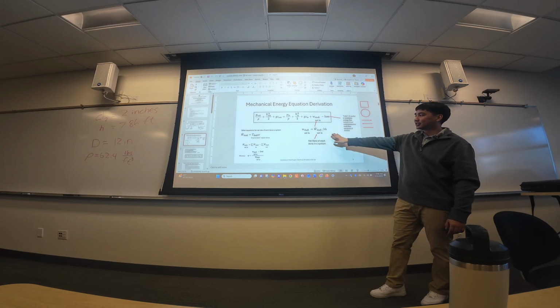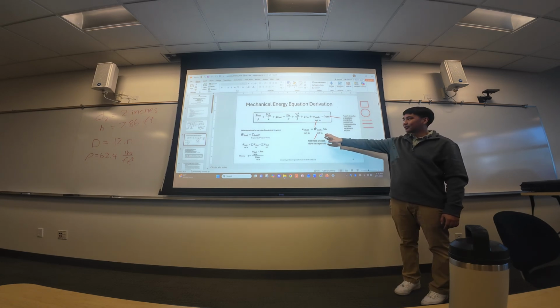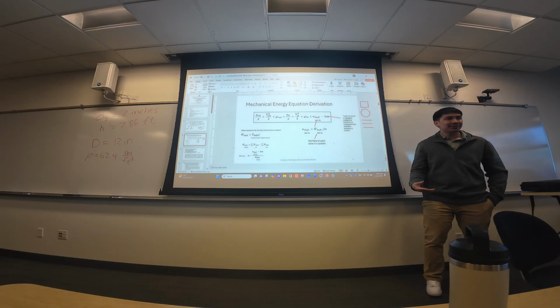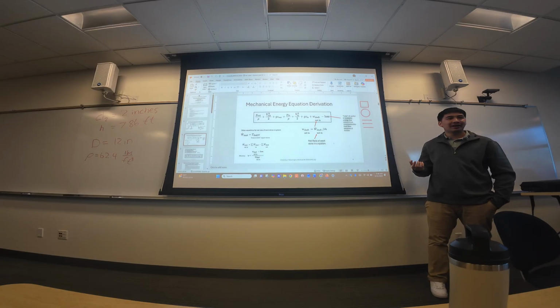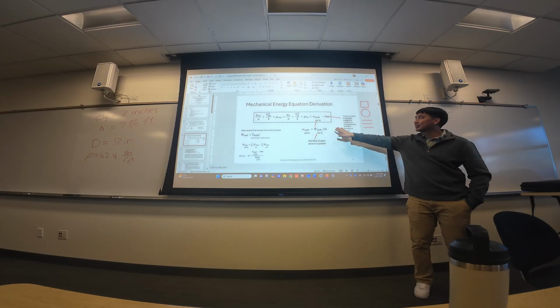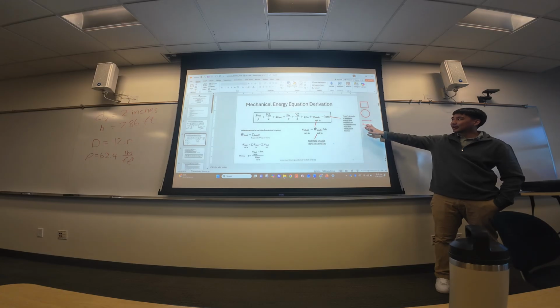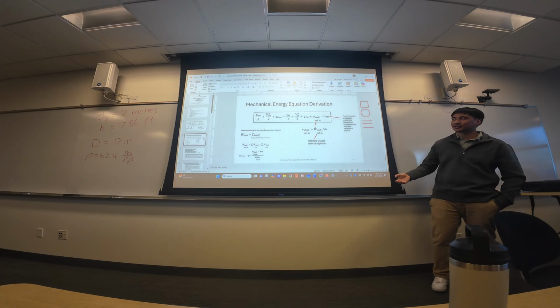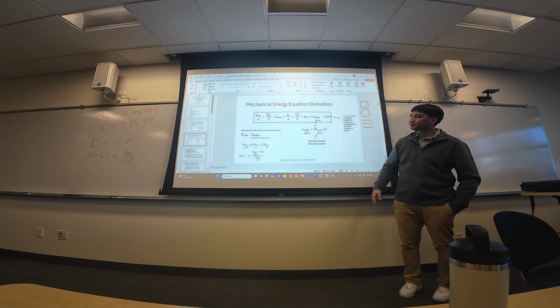So work shaft, it's your W dot shaft divided by your mass flow rate. And this is basically your net rate of work done into the system. So conceptually, that means if you have a turbine or something turning with a shaft that's providing power, that's going to be this. Okay? Loss, like I said, that's the energy that occurs in incompressible flow, meaning density does not change, due to fluid flow friction. Right? So this is just your friction getting subtracted.